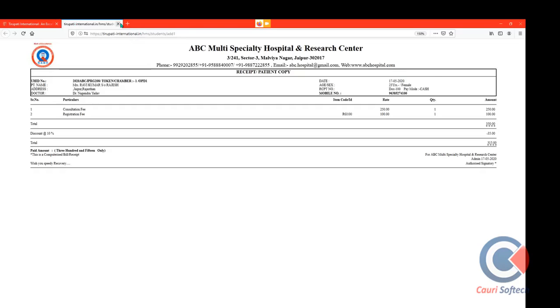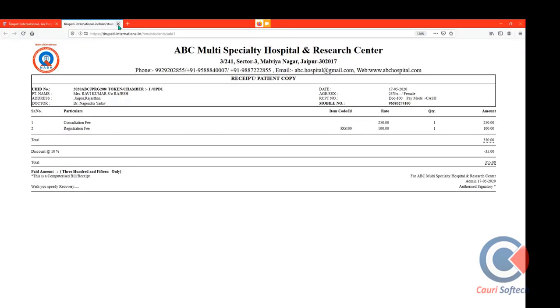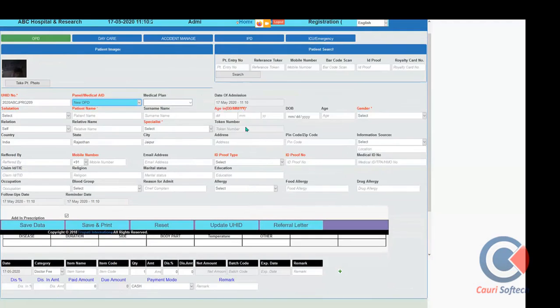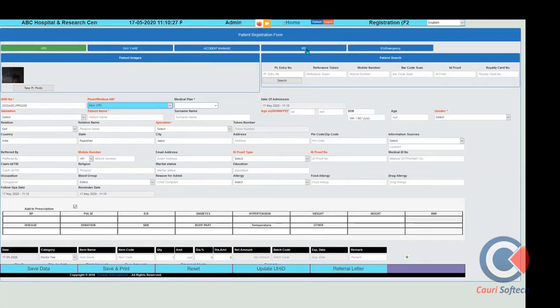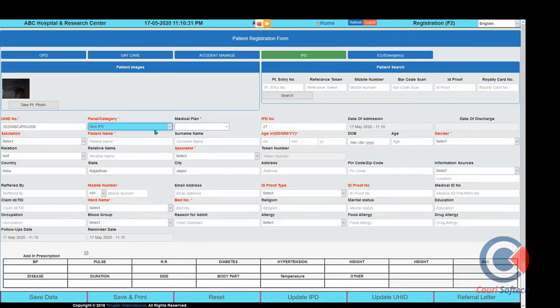After this is the patient cash receipt for the payment he has made. That payment entry we can print on a laser printer, thermal printer, biometric printer, etc. This is the OPD entry we have performed. Now let's see one more entry, the IP entry. In the case of IP entry, we go here.